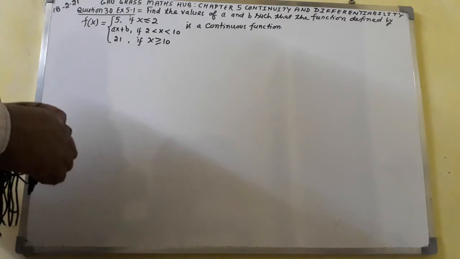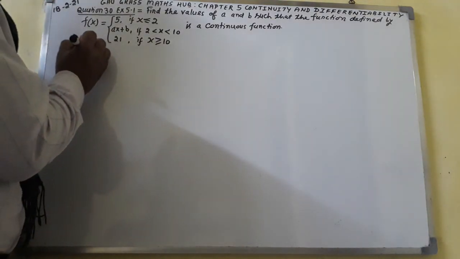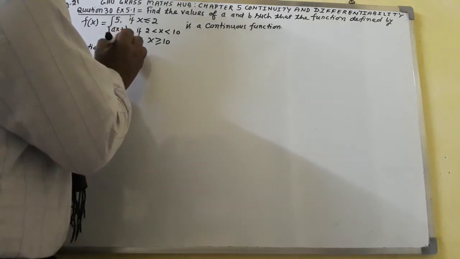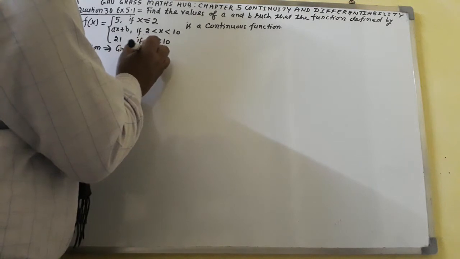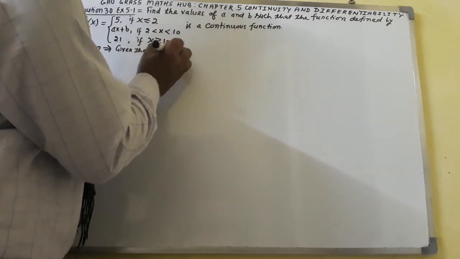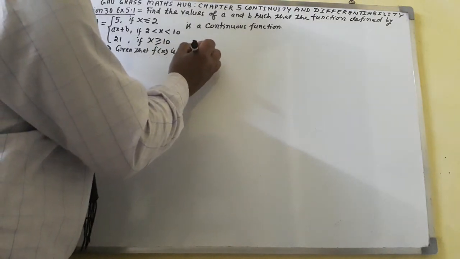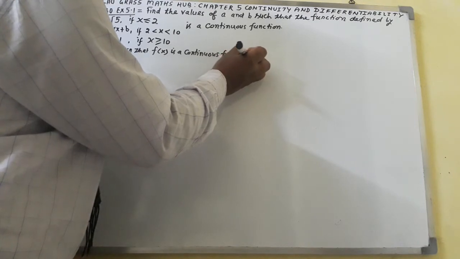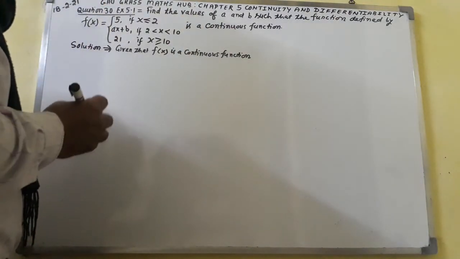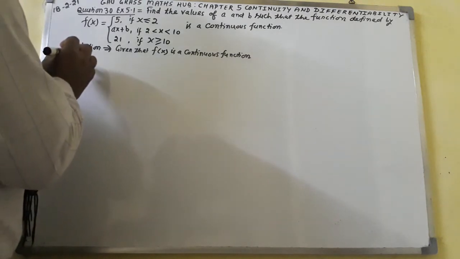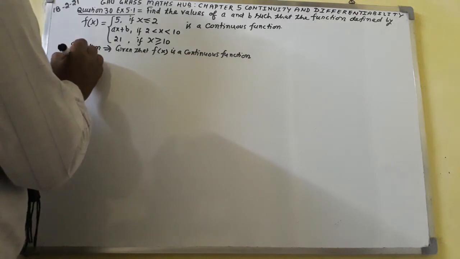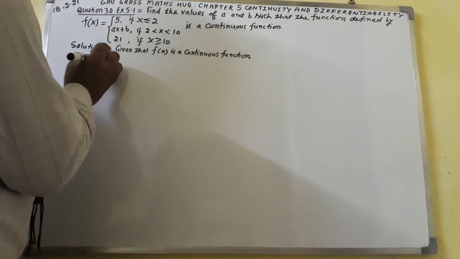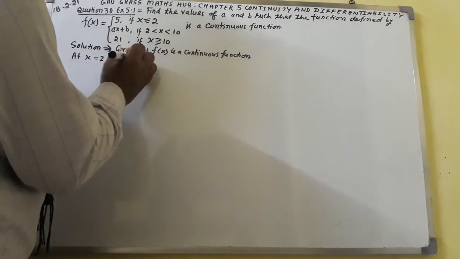So here I shall write the solution. Given that f of x is a continuous function at x equal to 2, this implies that the left hand limit equals